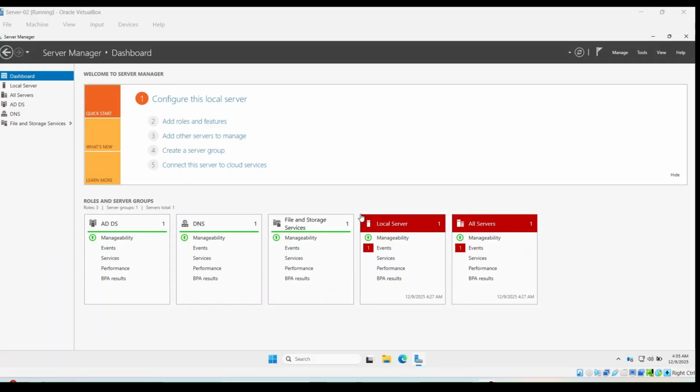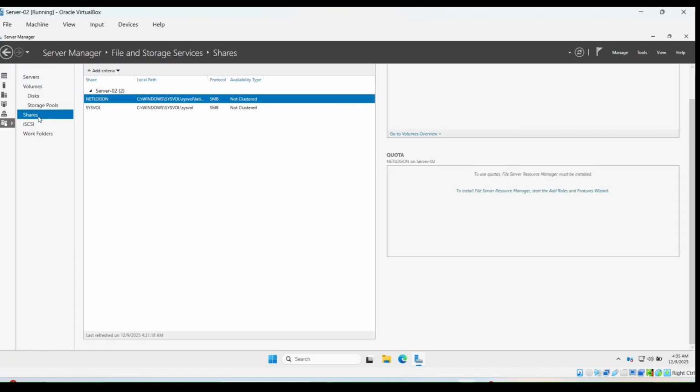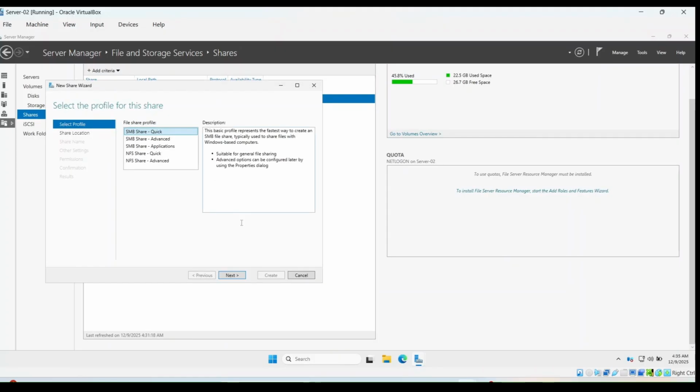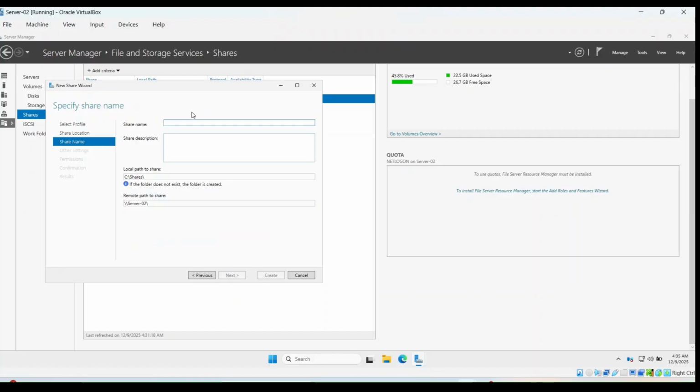What we're gonna do first, let's go to Fire Starter, Fire and Starter Services. Click. I wanna share. I'm gonna right click here, new share. Gonna click next. Make sure that you select C drive. Next. Here it's up to you what name you wanna call it. So here I'm just gonna